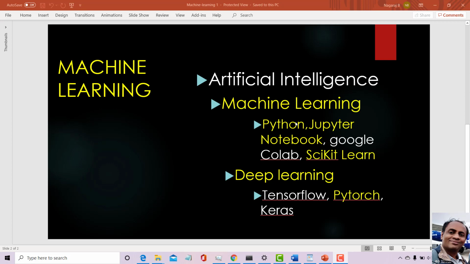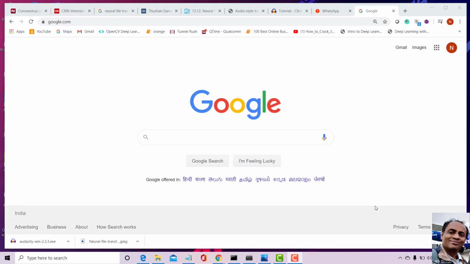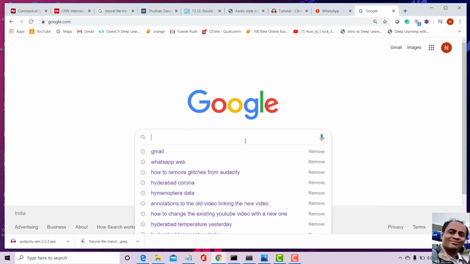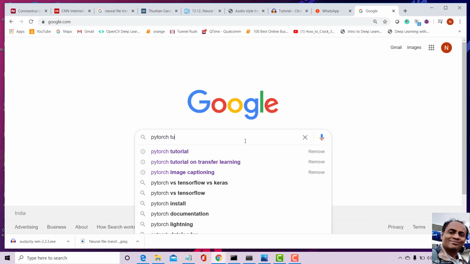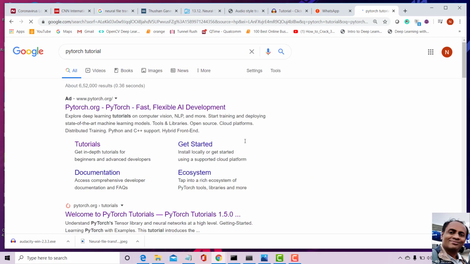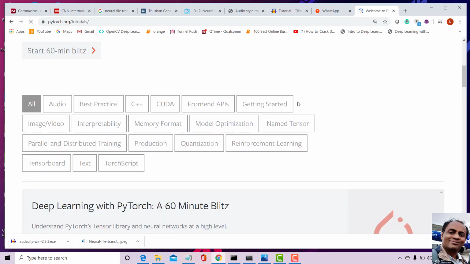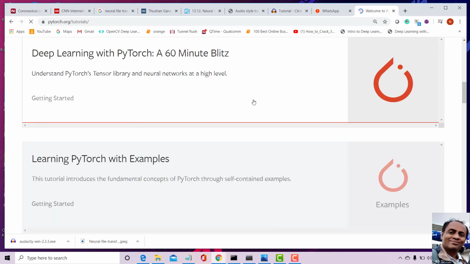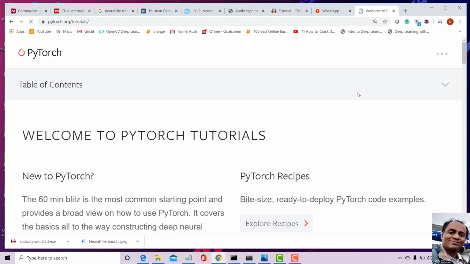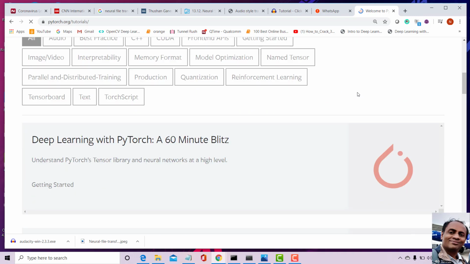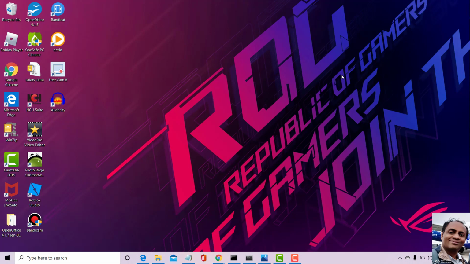PyTorch, a very basic introduction. Okay, you can get very good resources on the internet by just going to Google and typing PyTorch tutorial, and the tutorial hosted by pytorch.org is the best. So that will give you a very basic introduction, and will also give you many example notebooks that you can actually use and run. Okay, with this I will start showing you the details.